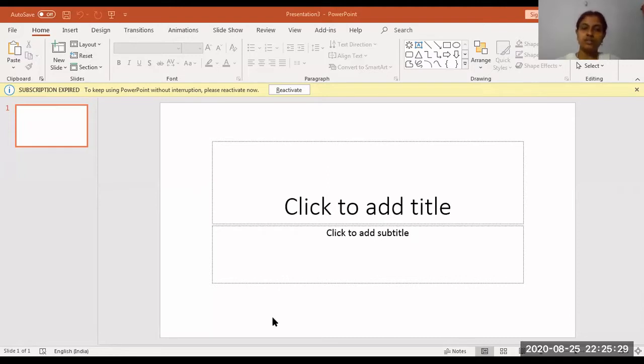For your information, first we started with Microsoft Word. That is word processing software where we can maintain documents, letters, circulars, like that. Next was Microsoft Excel, which is used for calculation purposes. We call it a spreadsheet, and this is presentation software. The document I maintain in Microsoft Word, I call a document. In Excel, I call it a spreadsheet or a worksheet, and in PowerPoint, I call it a slide. So this white area, I call it a slide.